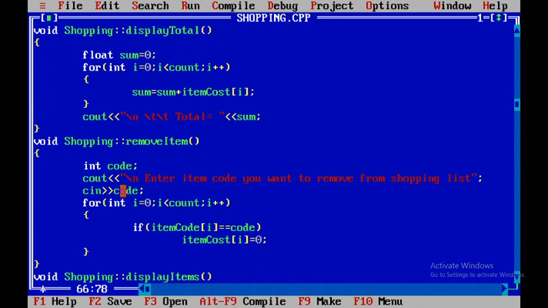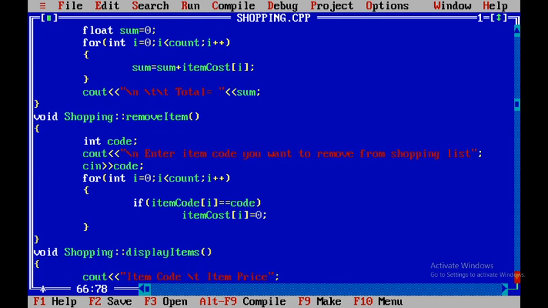As per your list, wherever the atom code is found, its atom cost will become 0, and that is considered as removed.